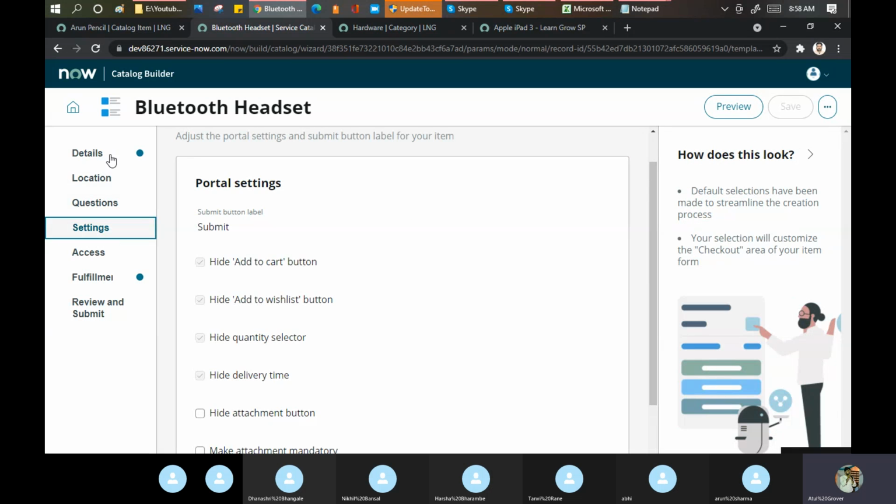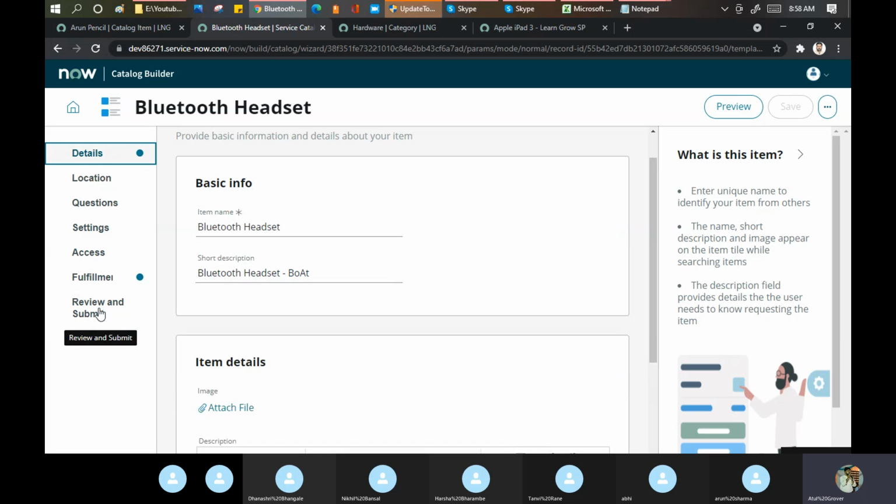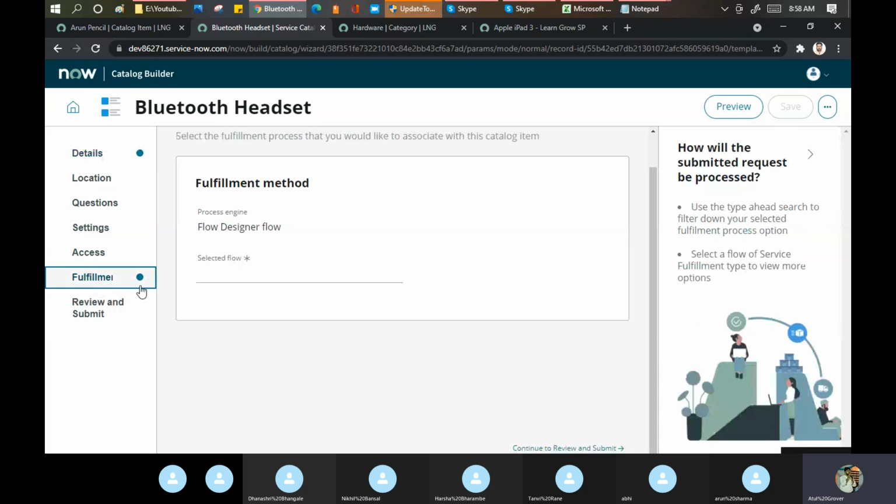Let me go here. For fulfillment, I need to select the workflow name. See, I'm not getting the save button here, right? If I put my workflow, we have a workflow called the snow. Let me put the snow workflow over. Or no, sorry, we have a learning, right? Which one of a workflow? Sorry, it is in the flow designer.